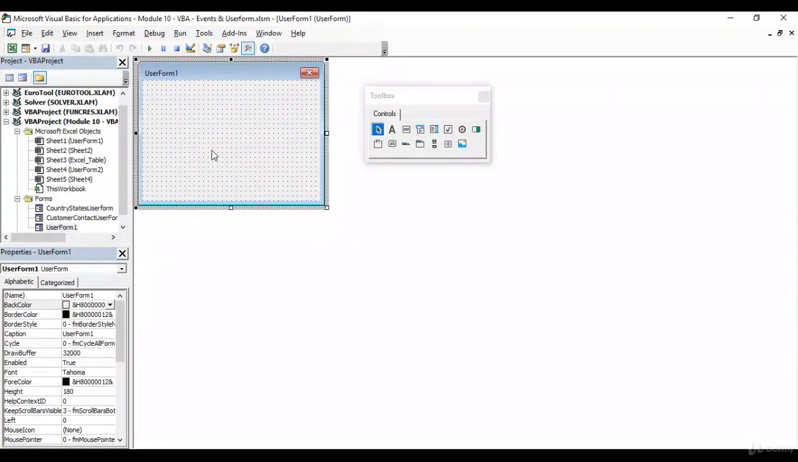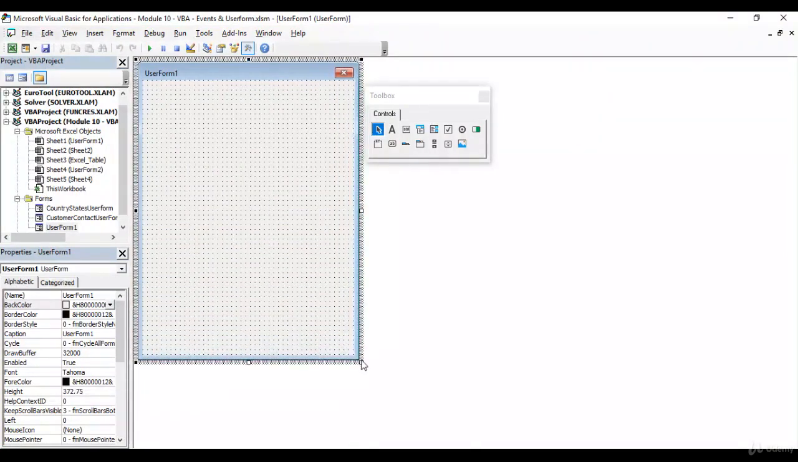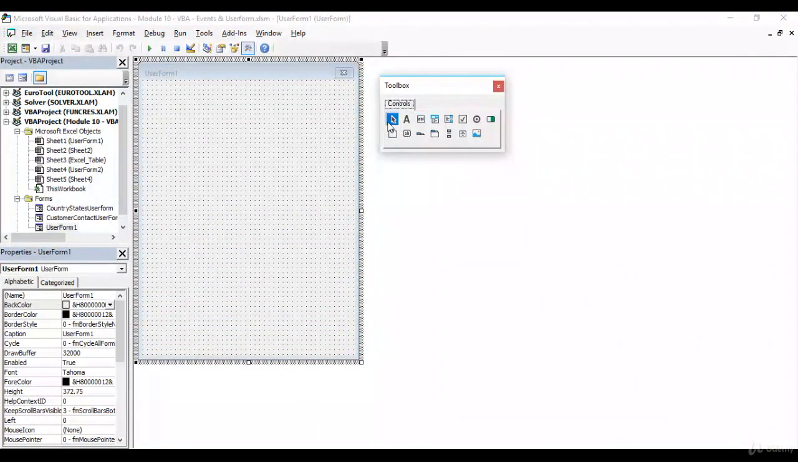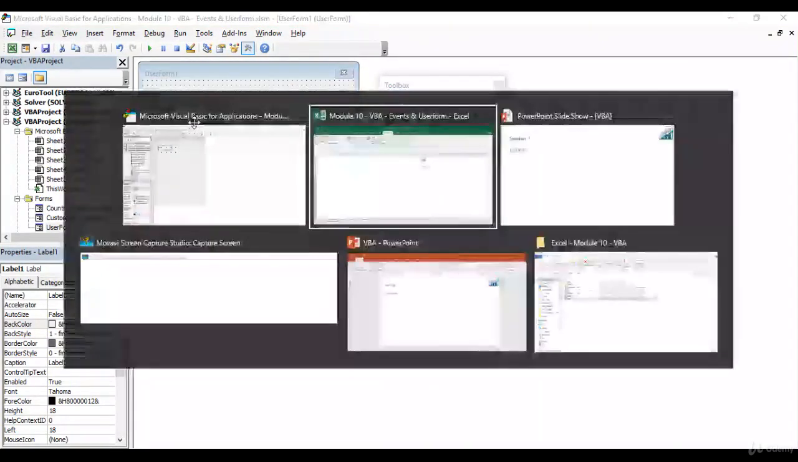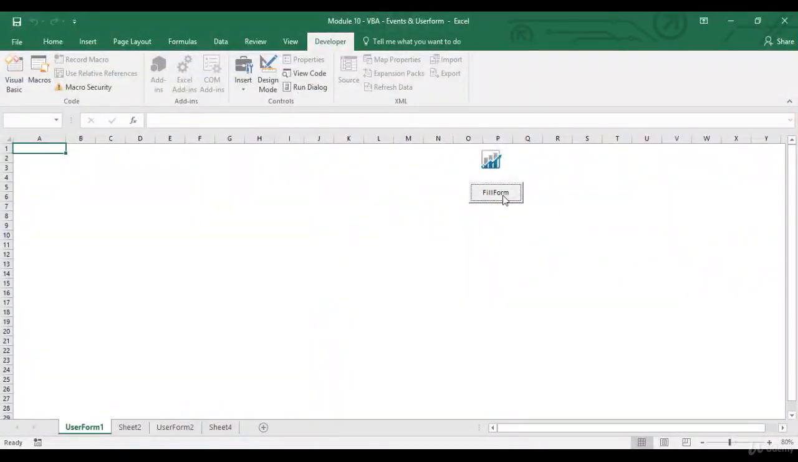So right now this is a blank user form. I'll just enlarge it a bit. This is used for basically selecting objects. So let's just select label first. Now the job of a label as such is nothing, but it acts as a header or a field name. So for example, in my first user form,